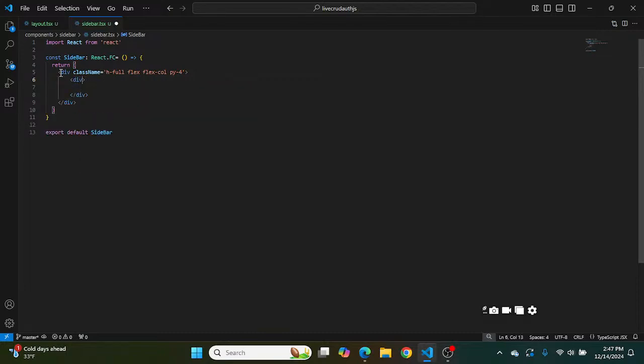Within this div, we're going to have another div with a class name of margin bottom 6. So this first div is going to represent the logo section. And this is nothing relevant to the CRUD functionality of the site, just a little bit to add some styling, if you will. So within that second div, we're going to add another div and give it a class name